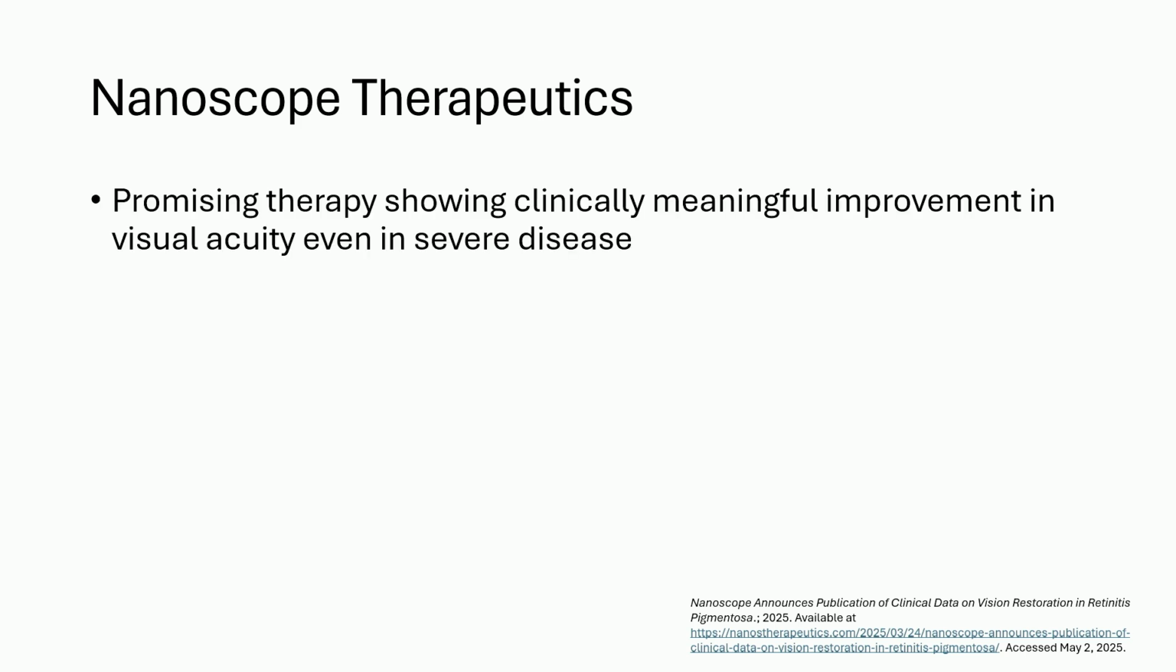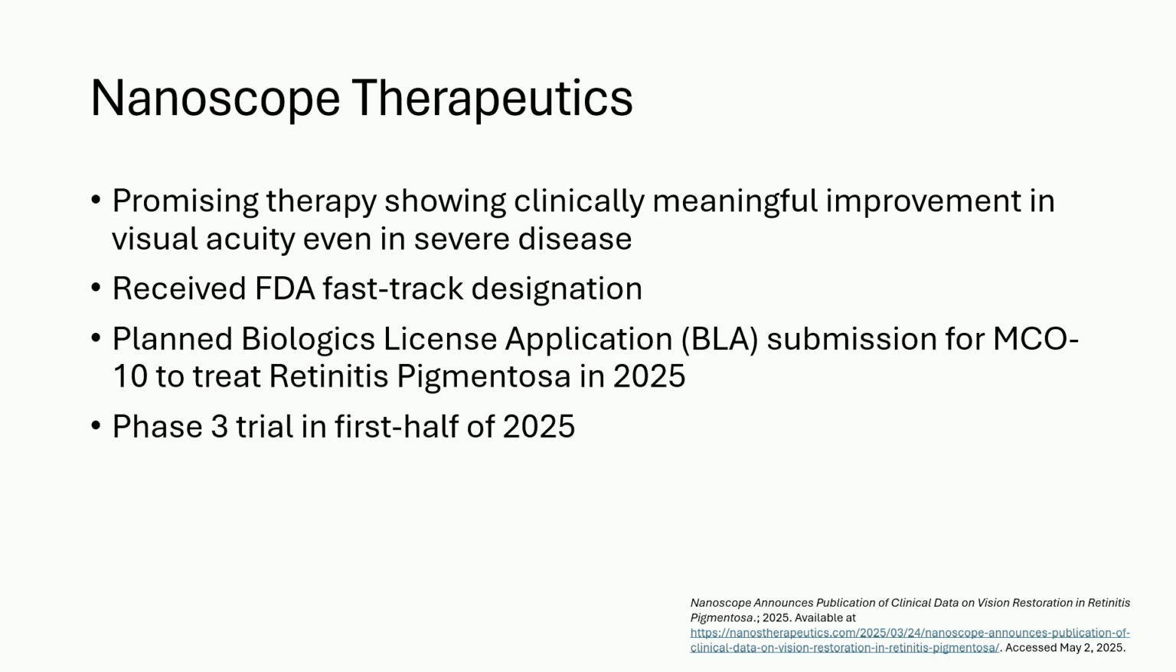So in summary, this is a promising therapy showing clinically meaningful improvement in visual acuity, even in severe retinitis pigmentosa. And this company has received FDA Fast Track designation, so they're really trying to help them get through the drug approval process as rapidly and efficiently as possible. There's a lot of optimism, and they're planning on submitting a biologics license application this year, as well as beginning